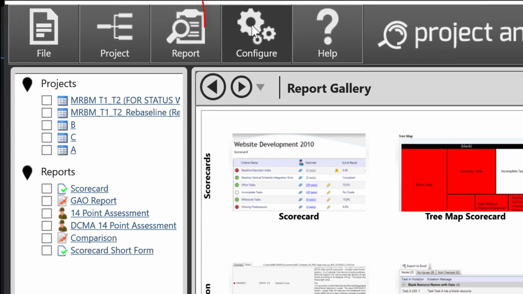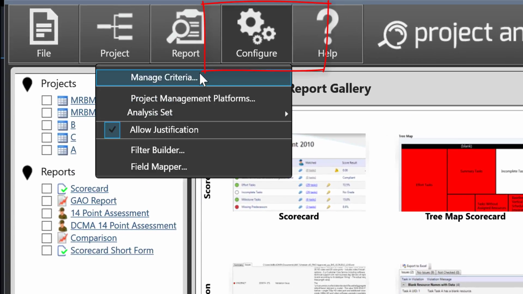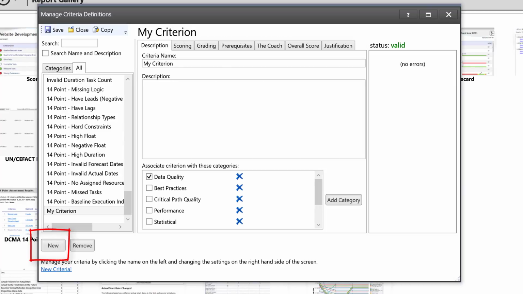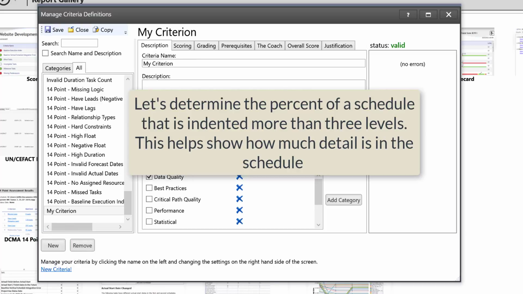Let's create one of our own custom configured criteria. Go to the Configure menu and select Manage Criteria. We're going to select a new criteria and give it an original name. We're going to talk about outline level sufficiency, and we're going to use a pre-configured filter that I made in